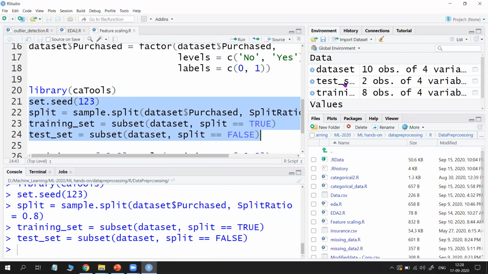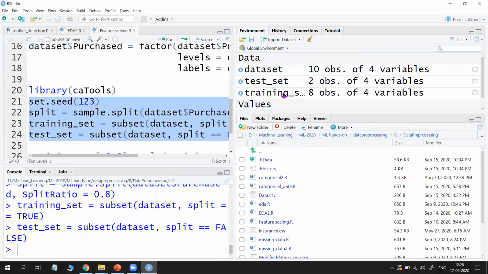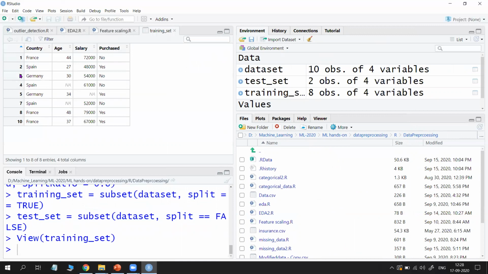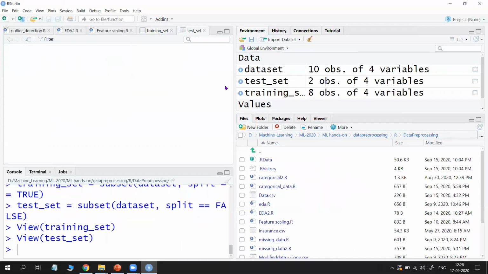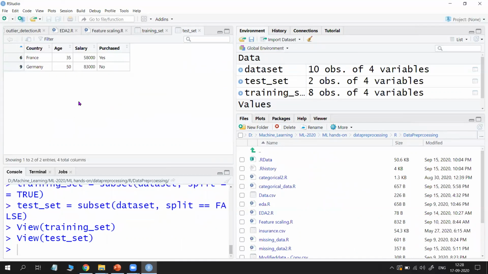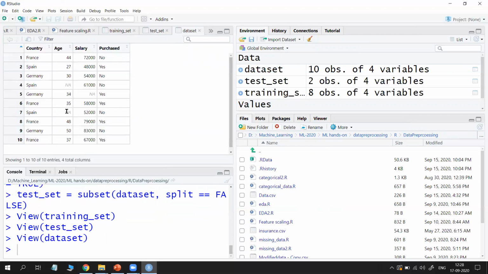Run. And see on the right hand side, the training set is created. Total 10 observations of 4 variables. Now training set has 8 observations of 4 variables, and test set has 2 observations of 4 variables. Open the training set, 8 samples, and the test set, 2 samples. See what these 2 samples are by opening the original: 35,000, 58,000, this is actually the 6th sample.